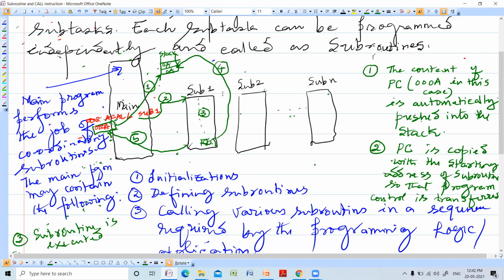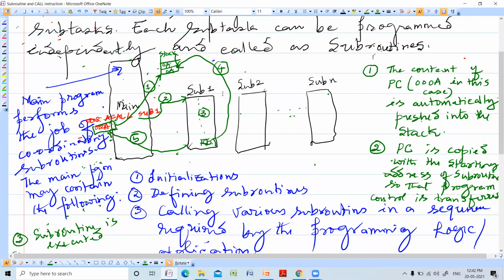It would be a negative integer when the subroutine is situated in the backward address range. Anyhow, the current content of the program counter is 000A. With these values, let us explain how the call and return instructions work.